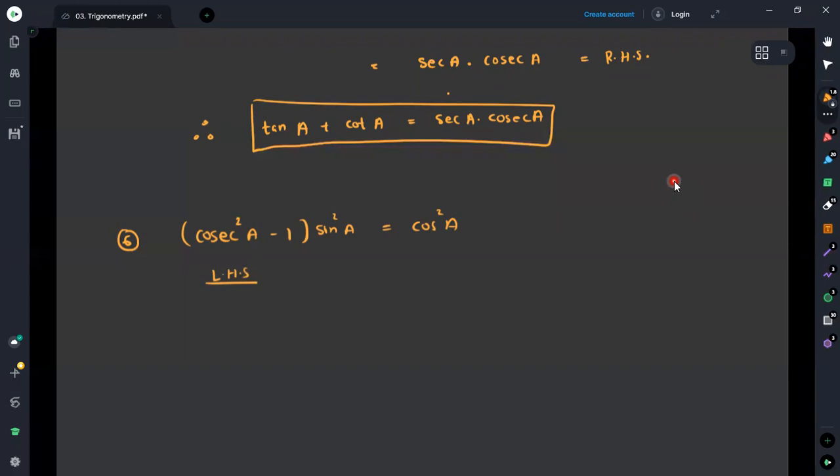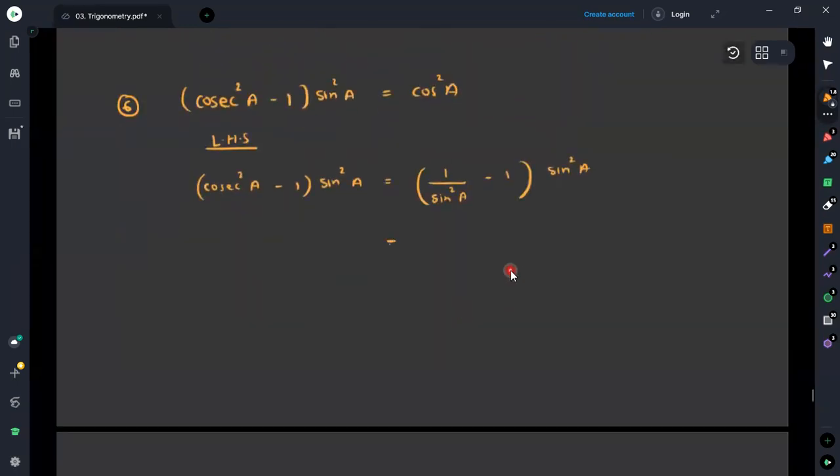Here we can write it as cosec squared A minus 1 times sine squared A. Cosec squared A can be written as 1 over sine squared A, then minus 1, times sine squared A. We cannot think about making this cosec with cos. Therefore, first I will try to make it with the sine